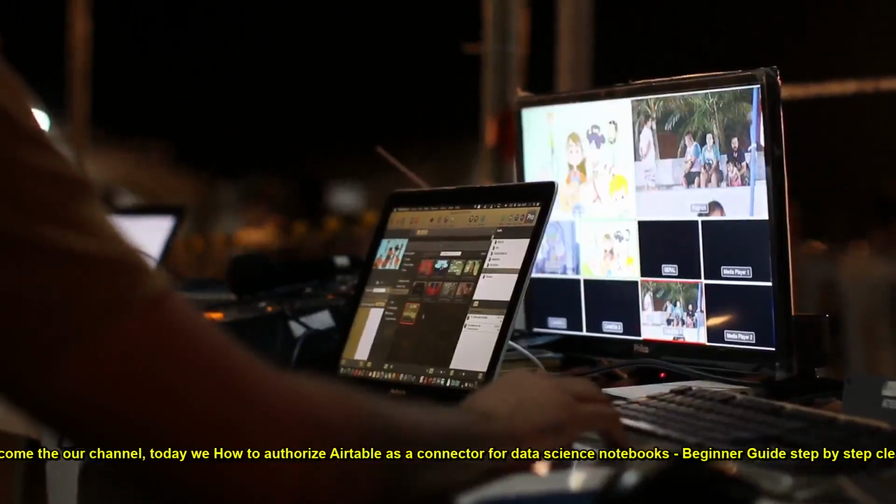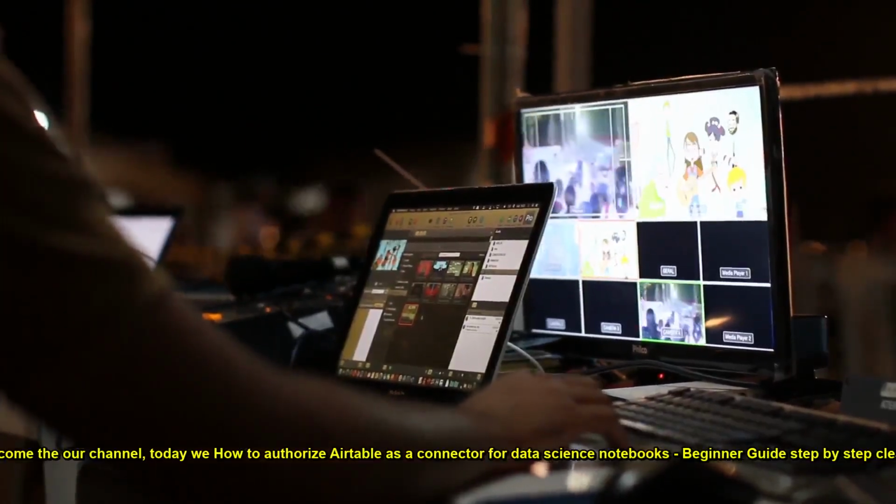Welcome to our channel. Today we will show how to authorize Airtable as a connector for data science notebooks, a beginner guide step